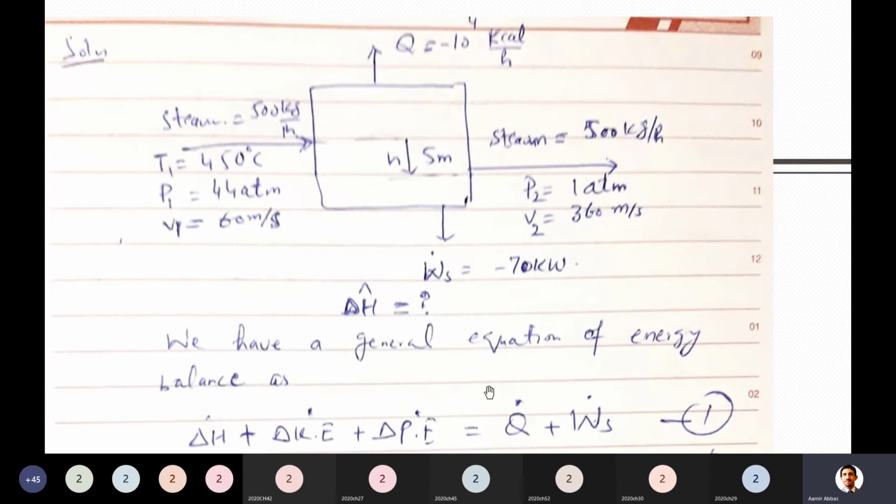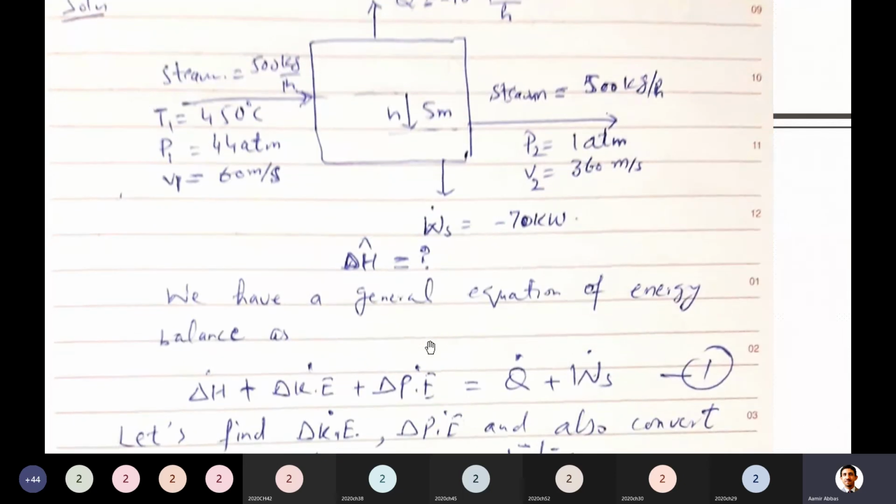By the way, why am I saying this is an open system? Is it really an open system? Because sir, in it the stream is entering and also leaving. Good. Here mass flow is coming in, steam is getting in as well as leaving the system. So definitely it is an open system. You will use the equation of an open system. So this is del H plus del KE plus del PE is equal to Q plus WS. This is the final form of the equation which we derived yesterday.